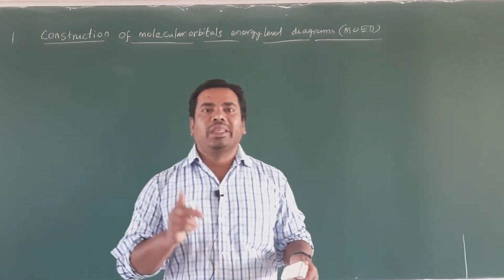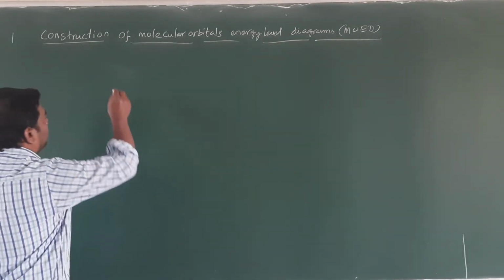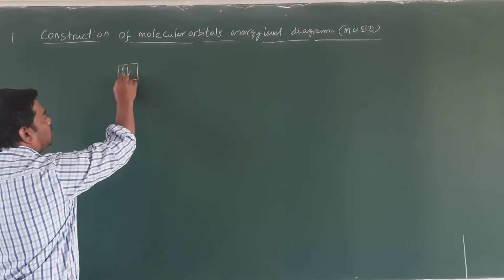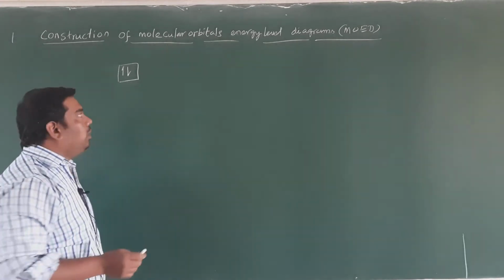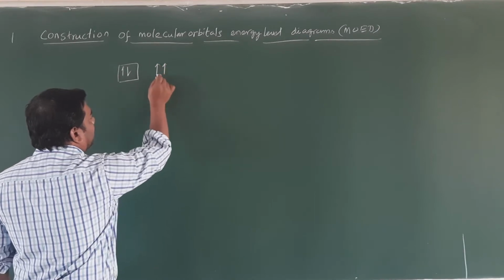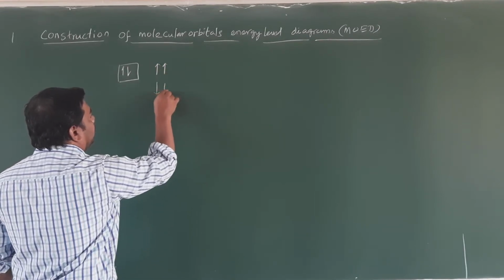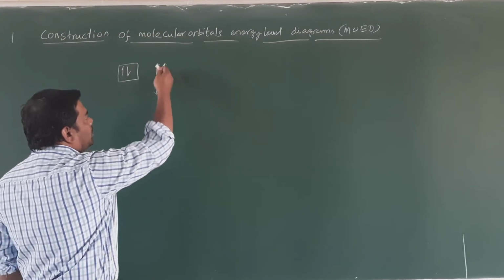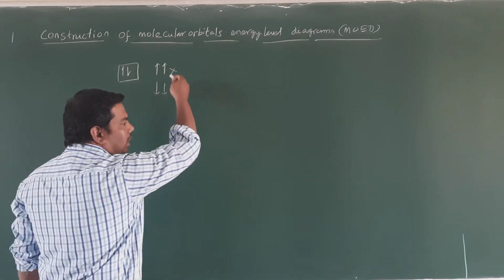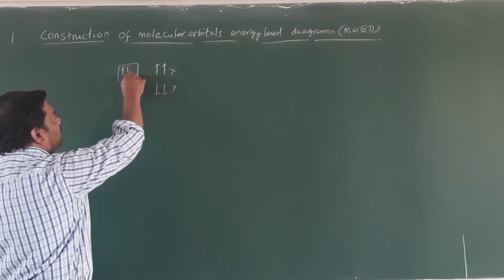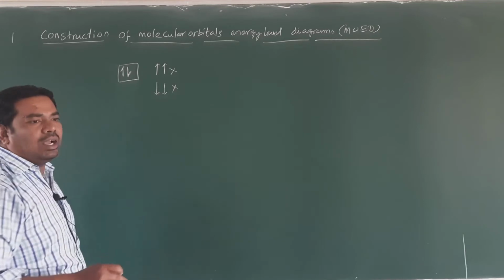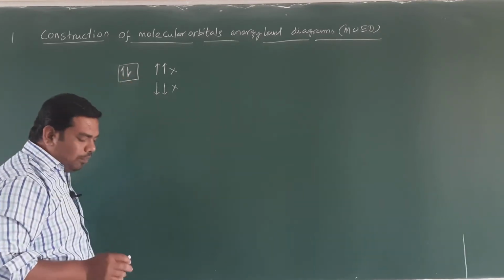The second thing: each orbital may hold two electrons with opposite spin. So this orbital has two electrons with opposite spins. Don't write the filling of electrons in an orbital in this manner, above and below, meaning upward direction and downward direction. There is no need to write that. This is the wrong way, the wrong method of filling electrons. Always fill the electrons with upward spin and downward spin, clockwise and anti-clockwise spin. So this is opposite spin. That is very important.